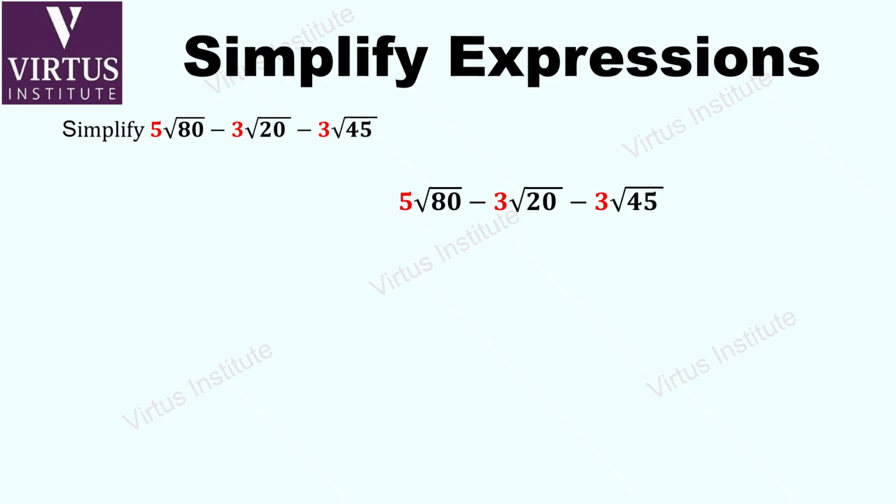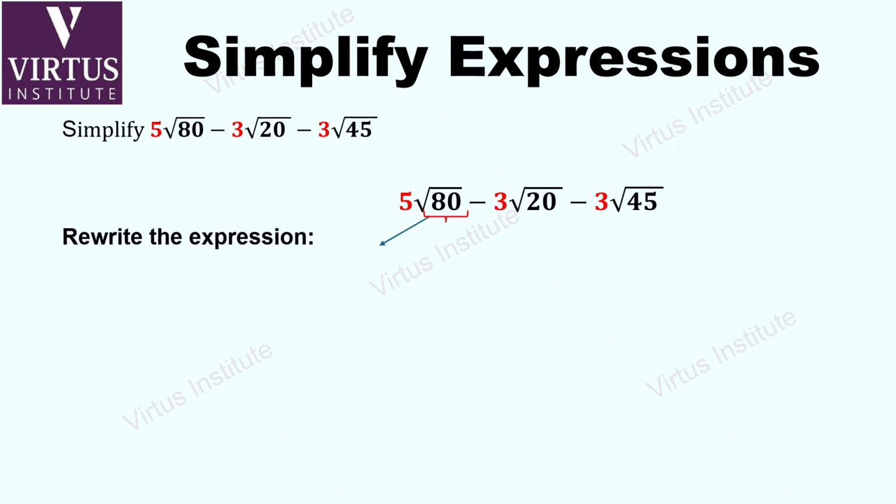Let's simplify 5 square root 80 minus 3 square root 20 minus 3 square root 45. Before combining surds, we need to simplify each one. A useful trick is to find the largest square number that divides exactly into the number under the square root. First, simplify